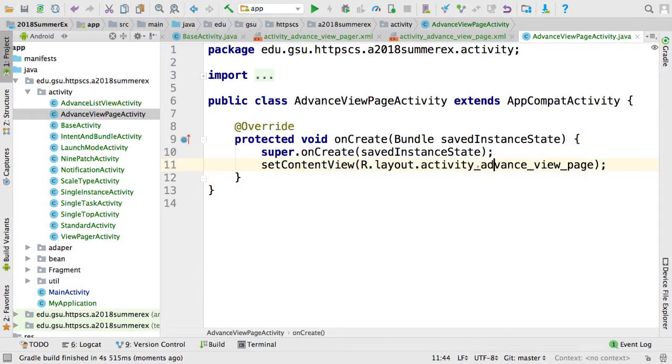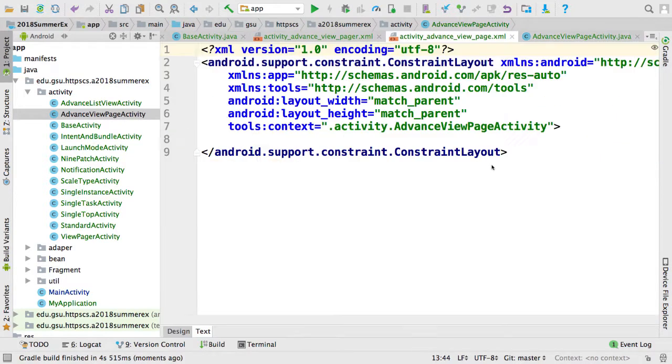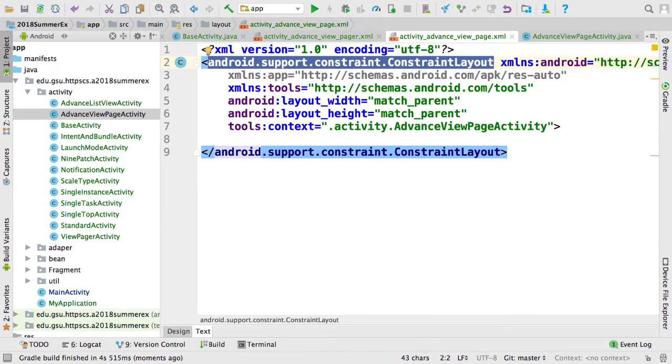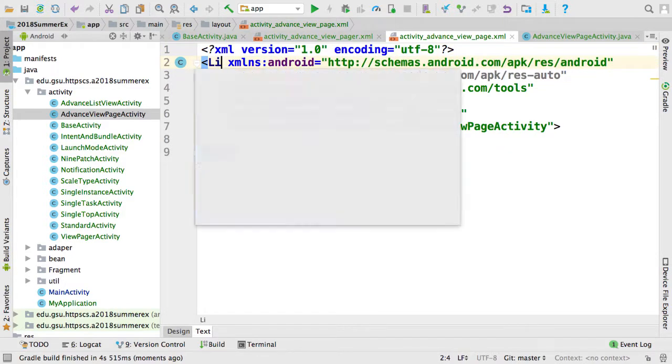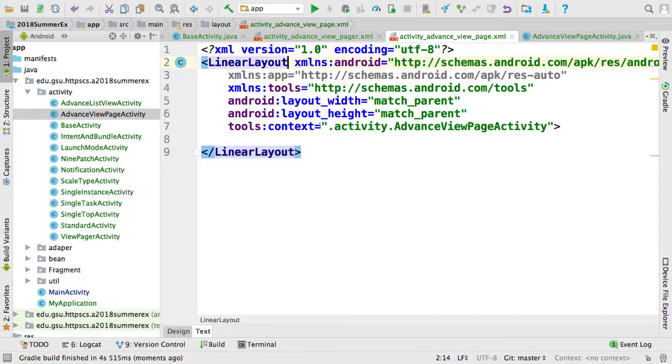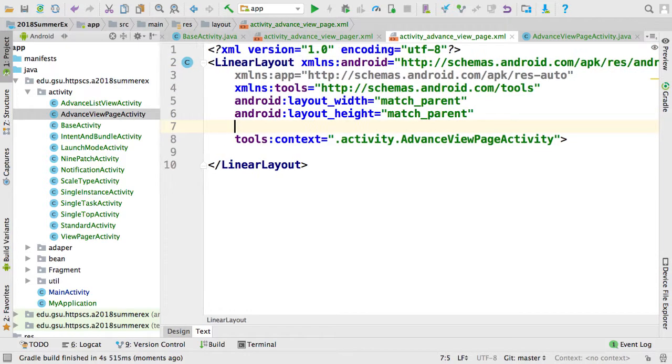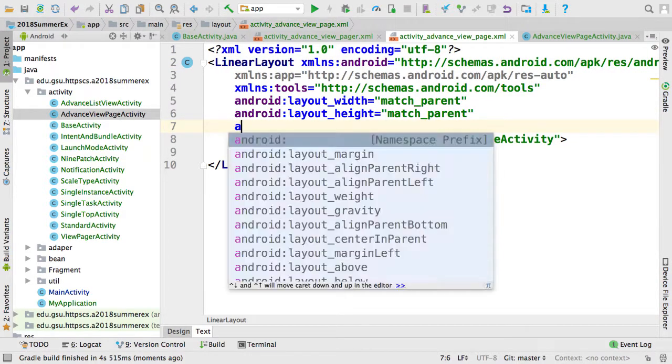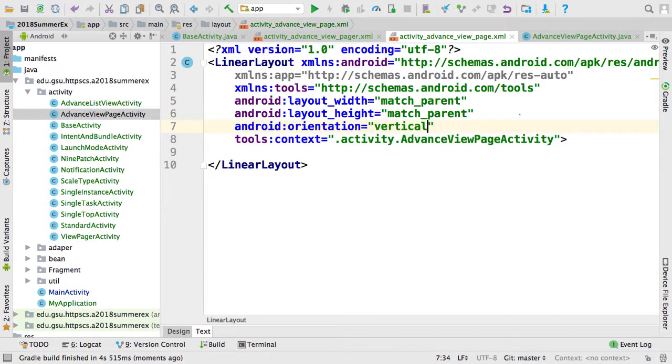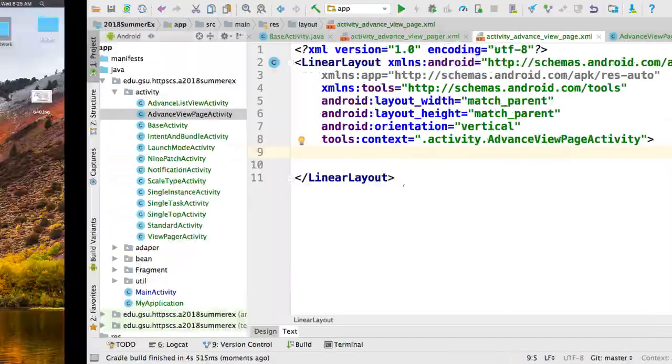So then go to the layout file. I use a linear layout here, and the linear layout needs an orientation, vertical. So in this view pager, I want to put a title